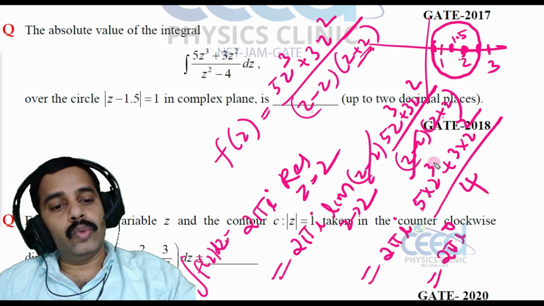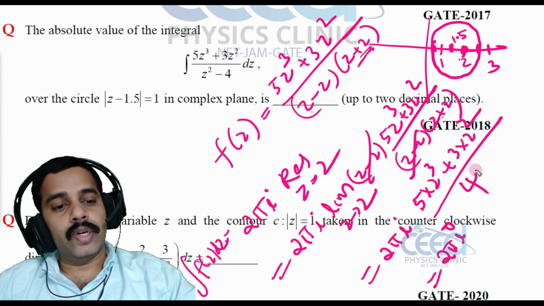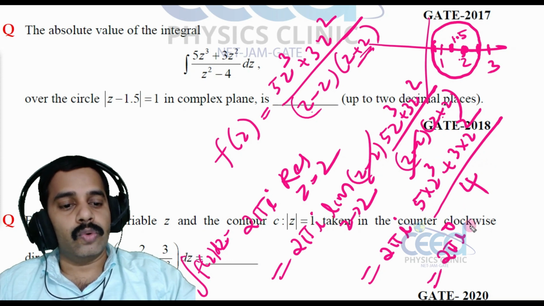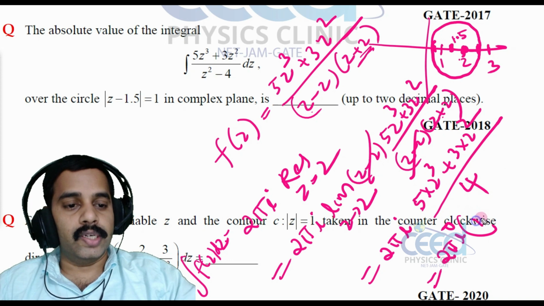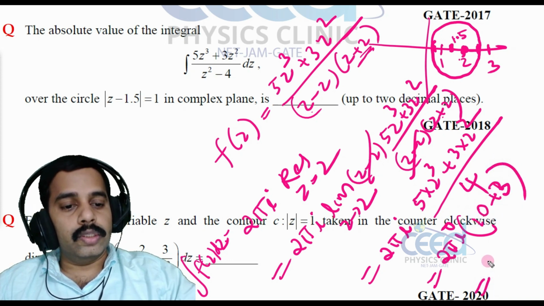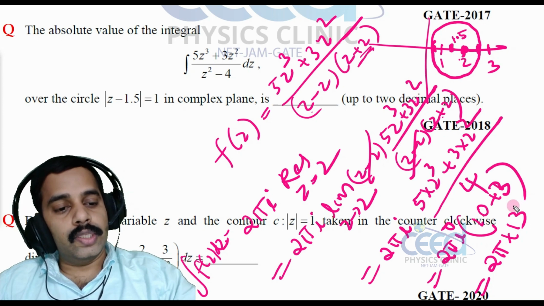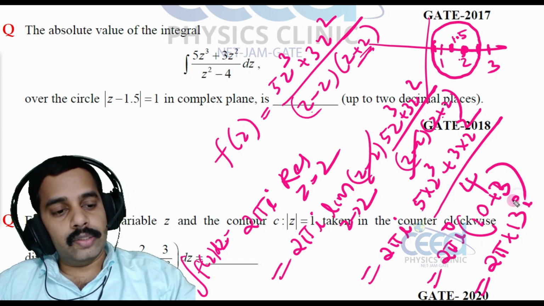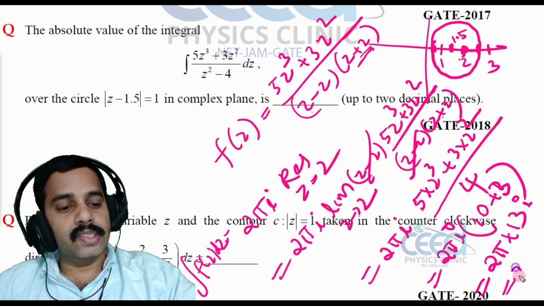So that is 2 pi i into, 5 into 2 cube. Let me take 2 square out from the whole numerator, so that is 4, and the 4 we can take out and cancel. So here it is 10 and here it is 3. So 2 pi into 13 i. So that is equal to 13 into 2, 26 into